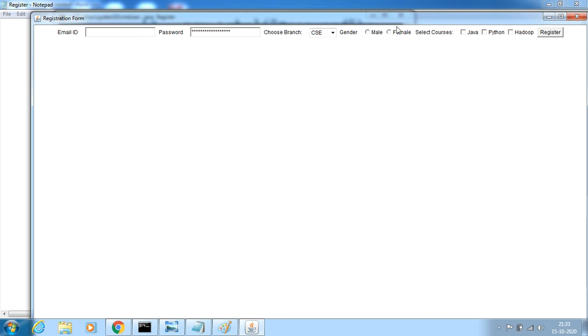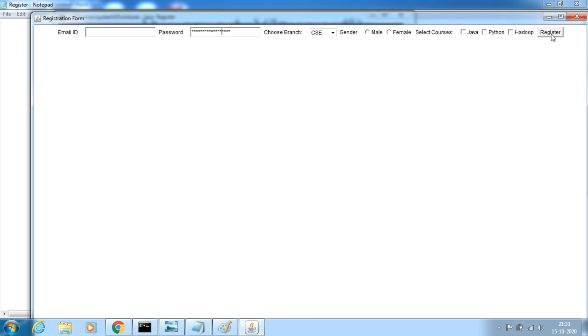So this is a thing we have done. We can write different kinds of logic for this. We can write the event delegation model for this. Say when I click on the button, register here, if you want to keep all this data into a file. For example, we already have an idea about file stream. When I click on this button, register, I want to store all this data into my file, this email ID, password, branch, gender, courses, everything.